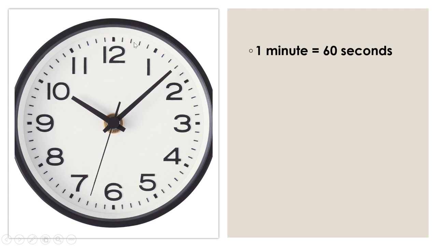And these divisions denote 1 second or 1 minute depending upon which needle is moving. Suppose we are looking at the seconds needle. So in 1 second, the needle will reach from here to here. In the next second, from here to here. In the next second, from here to here.